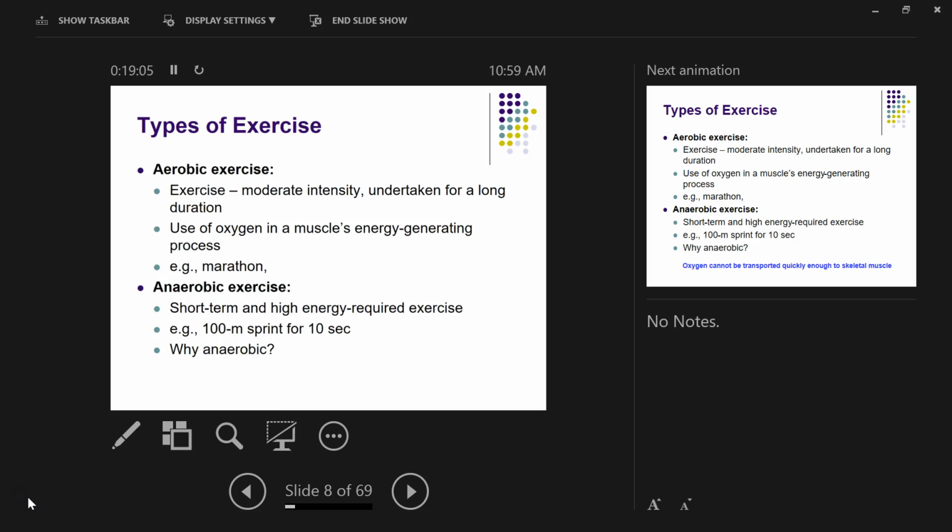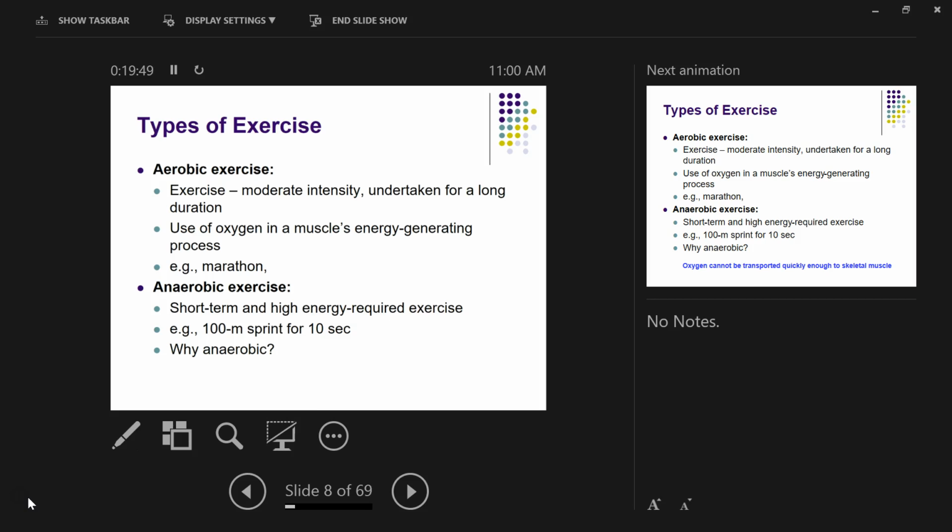Now let's talk about types of exercise. So in terms of metabolism, there are 2 different types of exercise, right? The aerobic exercise and anaerobic exercise. So aerobic exercise basically is exercise where you have modulated intensity and undergo it for a relatively long duration, right? And an important thing for aerobic exercise is the body needs to utilize oxygen, right, for this type of exercise